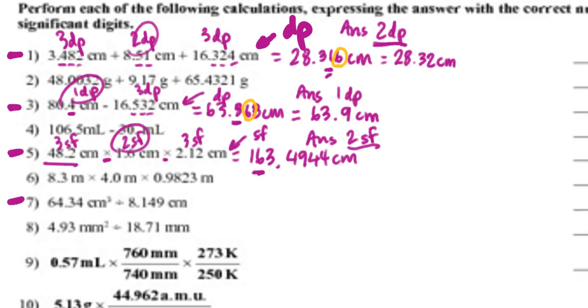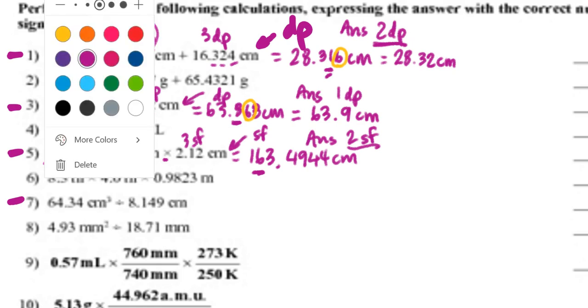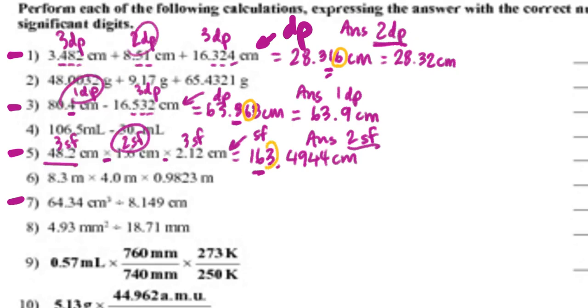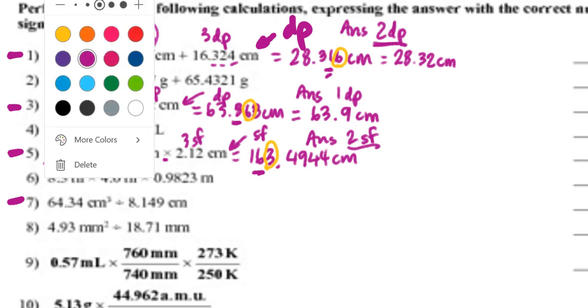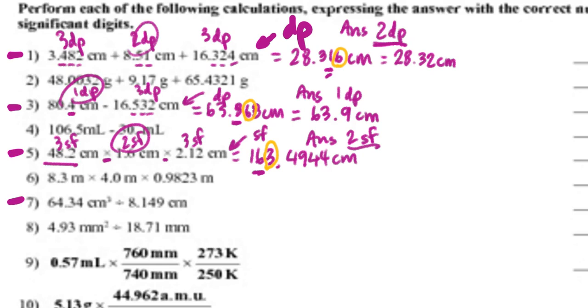So that means I want to stop writing the number there. Now, we have to be careful because I don't want to just say 16. All right, I can't change the value of the number. It has to be about 160 something, right? And so what I'm going to do is I'm going to look at this number right here. And that's going to help me decide whether the 6 is going to stay a 6 or if it's going to round up to a 7. Well, 3 is less than 5. And so since 3 is less than 5, then that means that that 6 stays a 6. And that means the answer should be reported as 160